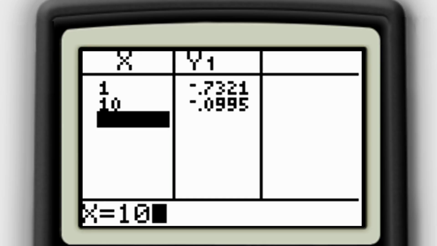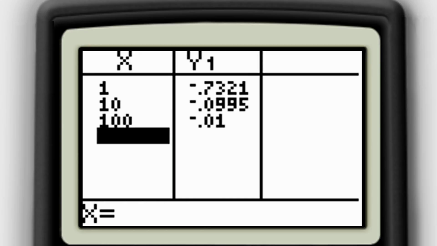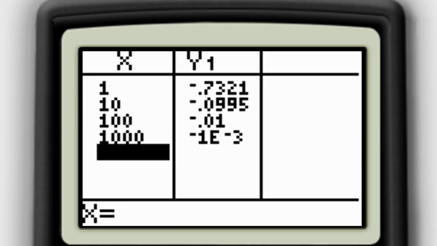When we substitute that into our function, will give us approximately negative 0.010. Now as we move on to 10 cubed, or 1000, our function value will be approximately